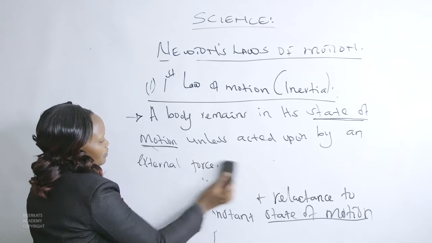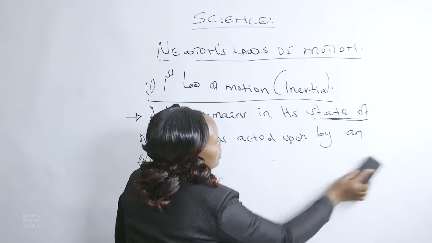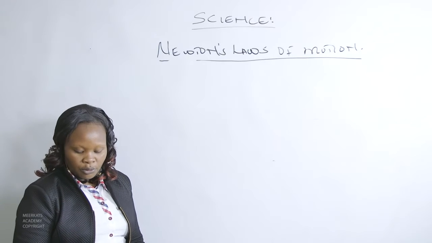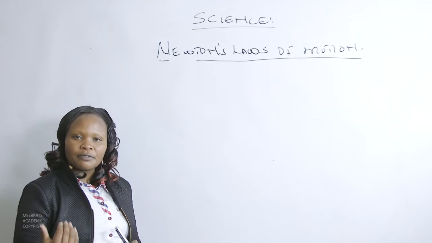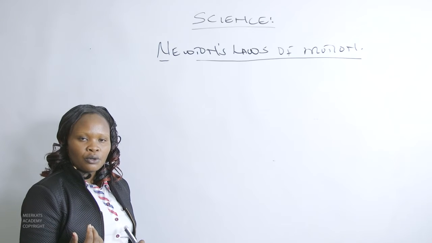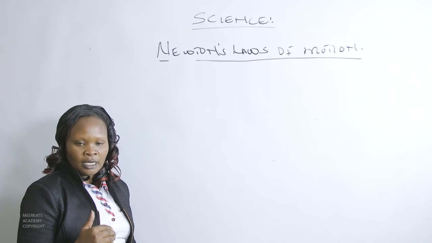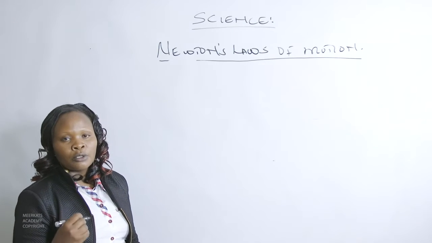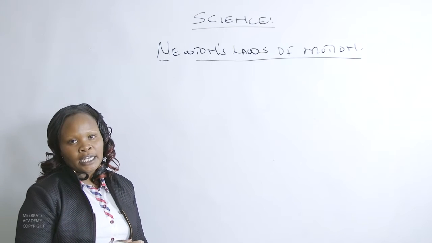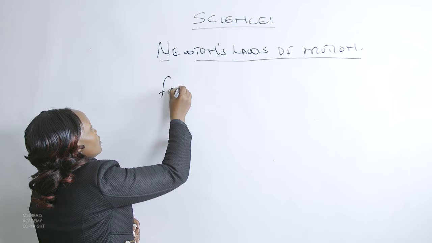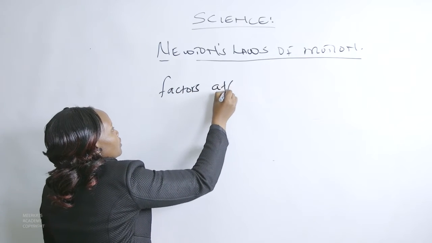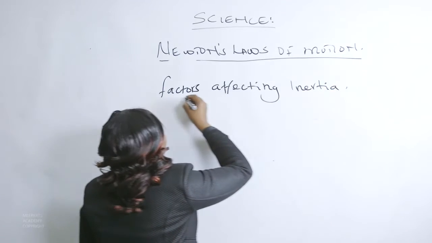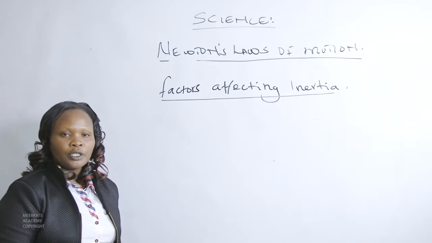Now, there are two important factors that affect inertia, or that will inform this reluctance in change of direction and even state of motion of an object. We call them factors affecting inertia. I want to look at them. Factors affecting inertia, and we have about two. Number one